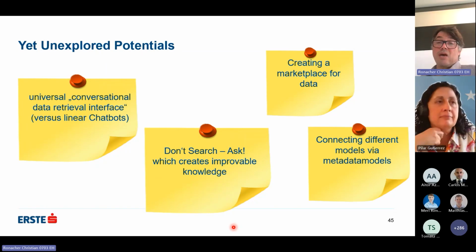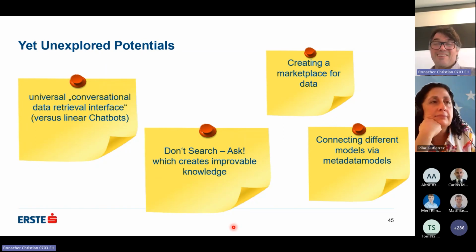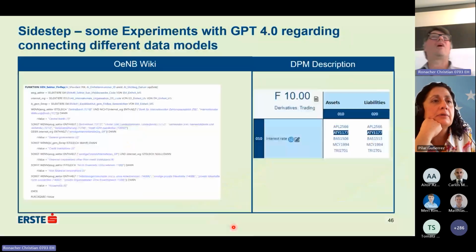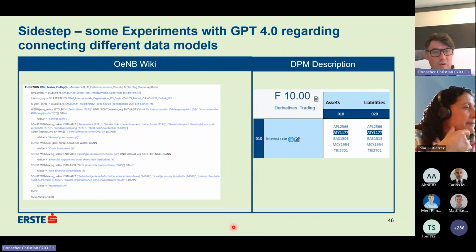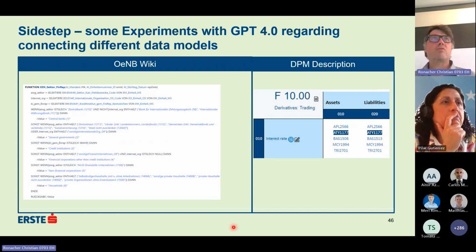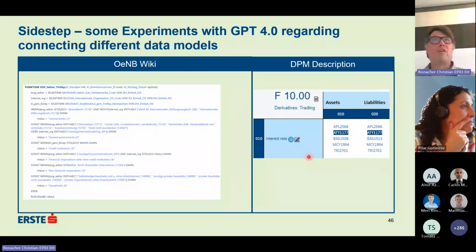And what we tried out is kind of connecting different models via metadata models. I just want to show this, and then I end. This is a kind of thing we introduced. We injected the ÖNB wiki description for the very same cell, this kind of pseudocode, which is published within the Austrian National Bank.